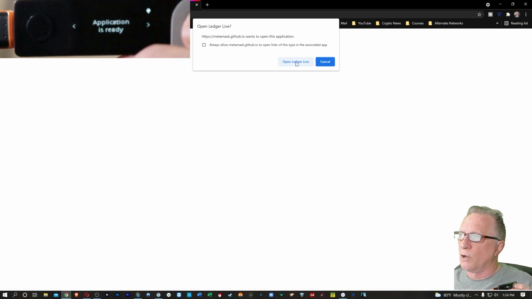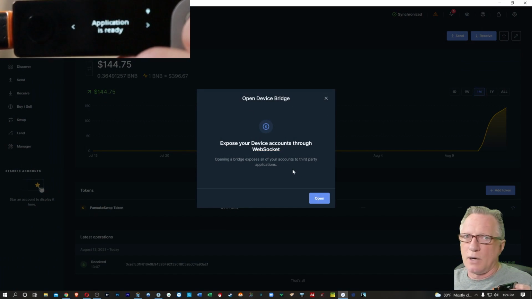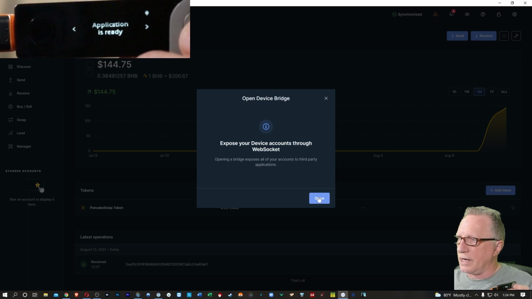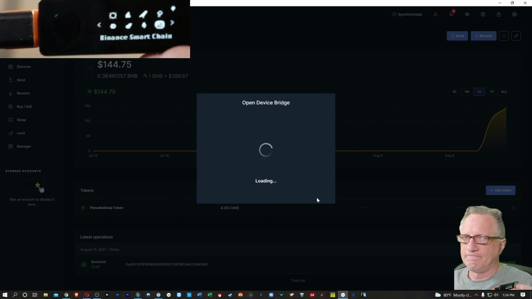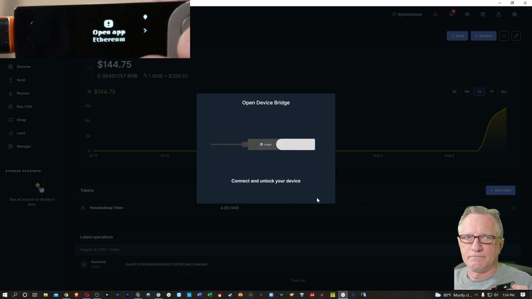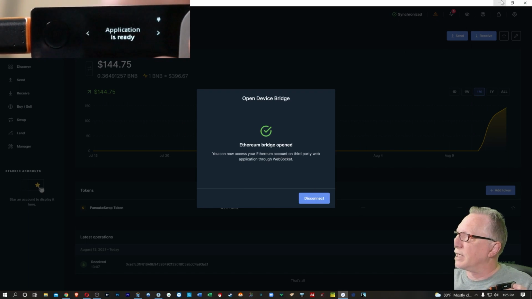All right, I'm going to need to open Ledger Live and do the web socket. I'll hit Open. Open the Ethereum app here. All right, now that I'm connected,